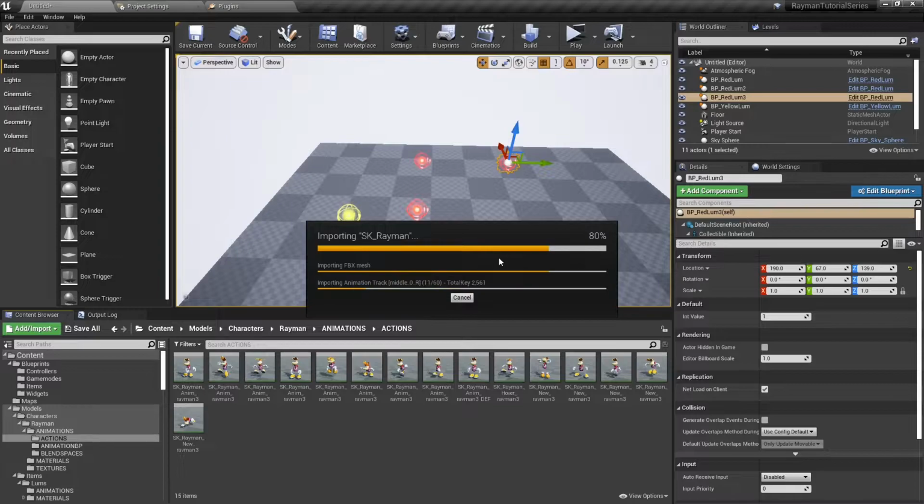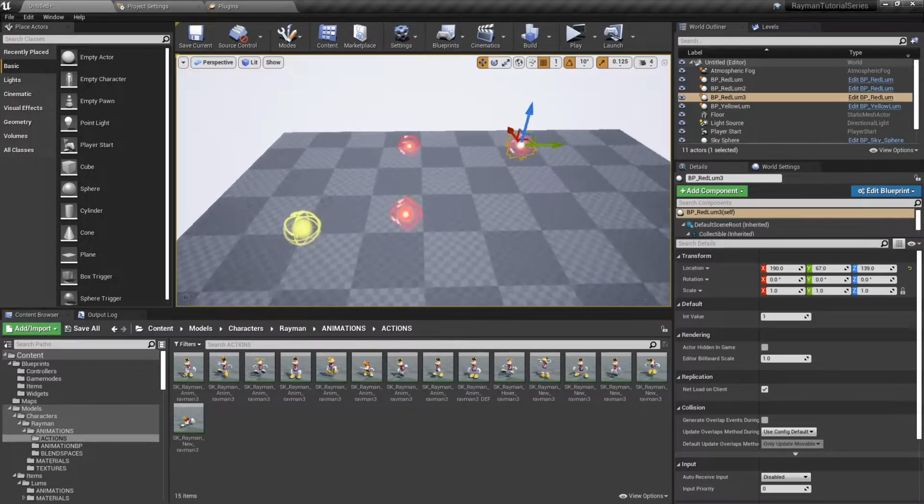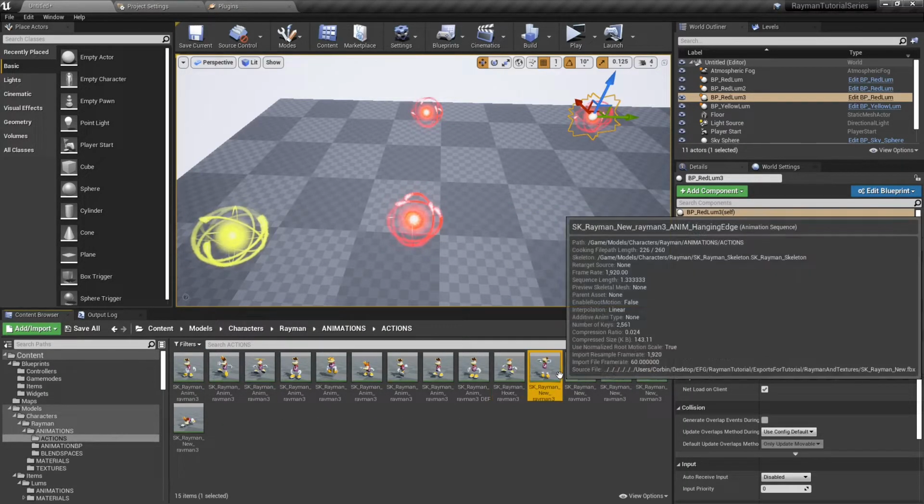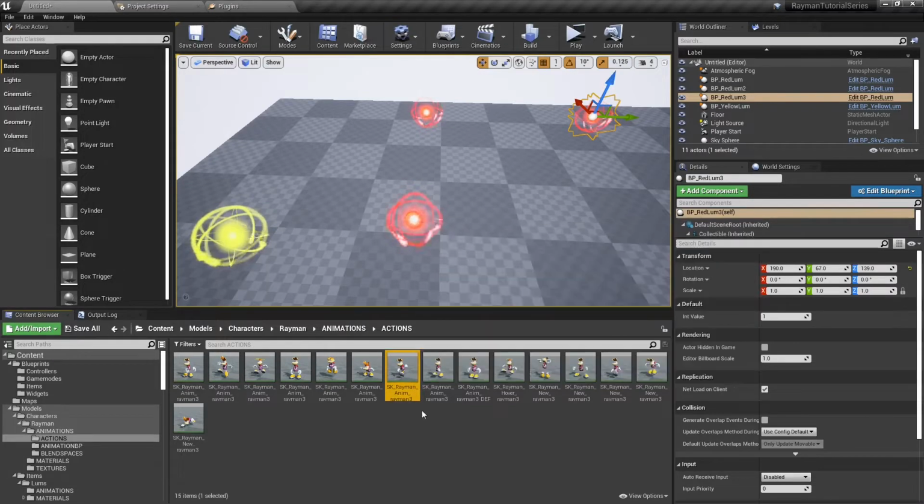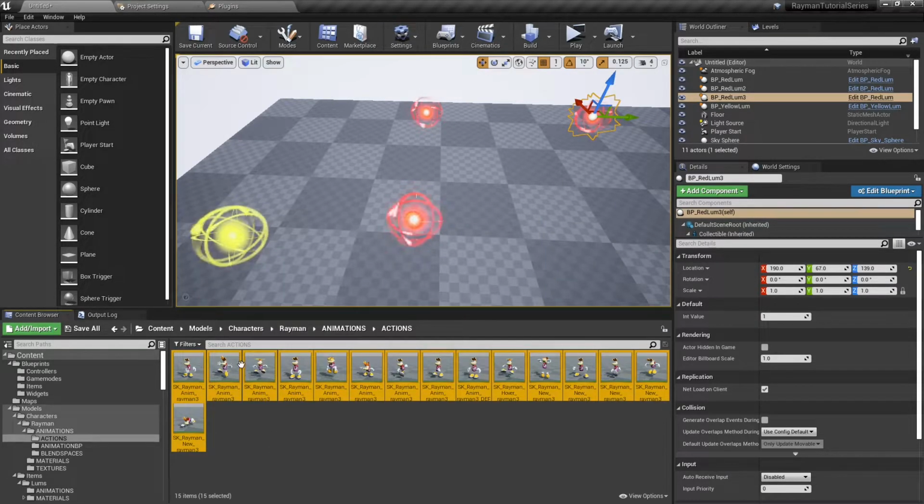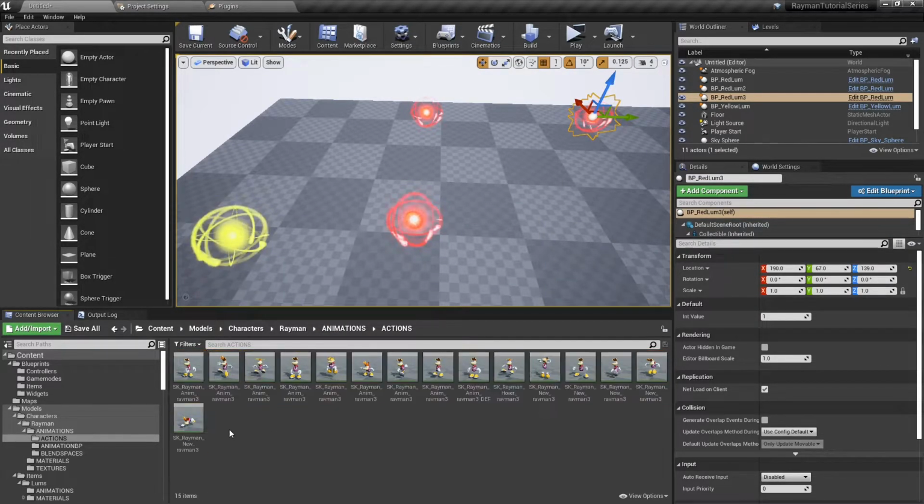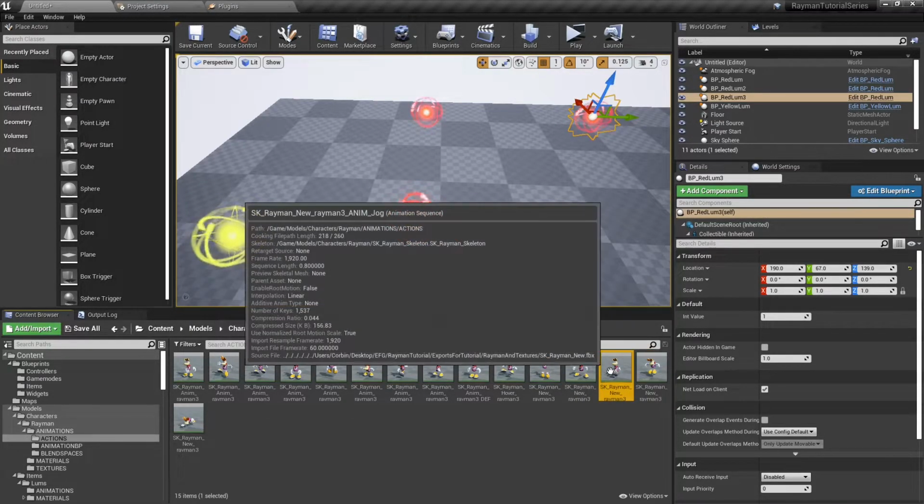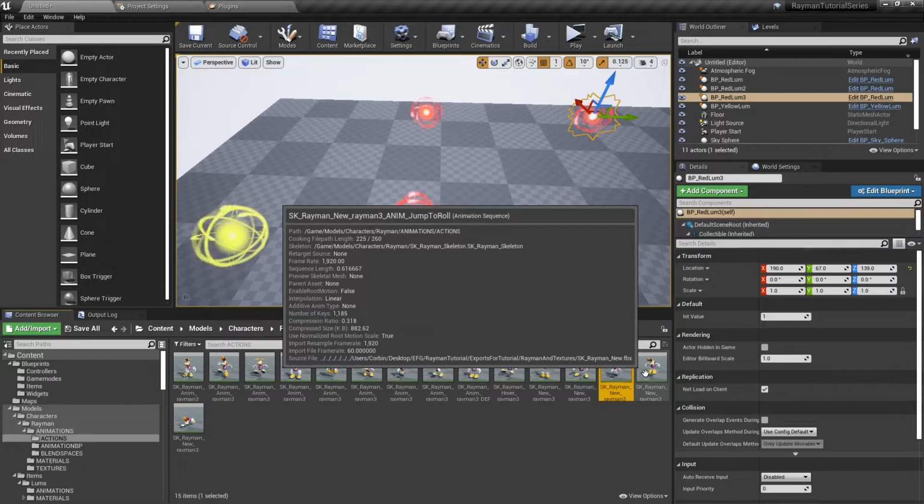So I'm gonna pause this for a while. All right, now that you get those in, you're just gonna want to delete all the animations you already have, because I did not realize directly importing it like that would add a bunch of extra animation files. So what you're gonna want to do instead is take the new animations like